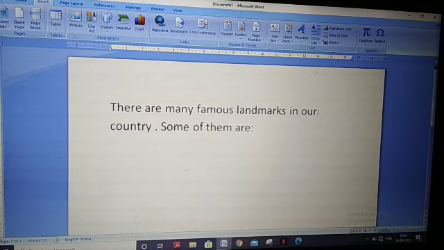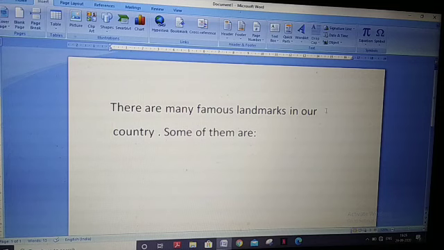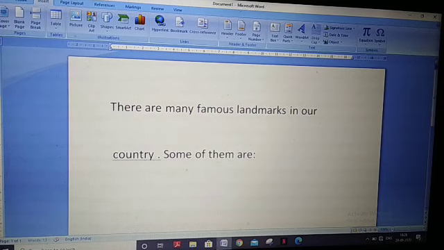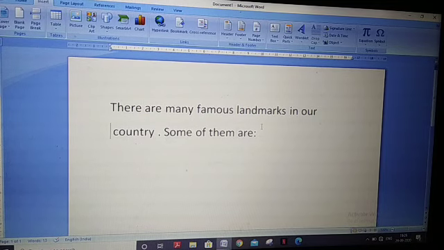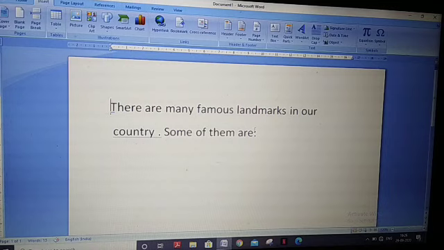After this, if you want a blank line, so the blank line has come. Again, you keep the cursor at the end of the line and press enter key. So a blank line will be inserted. You can see. And if you want to remove this blank line, press delete key. Understood? Blank line can be inserted.